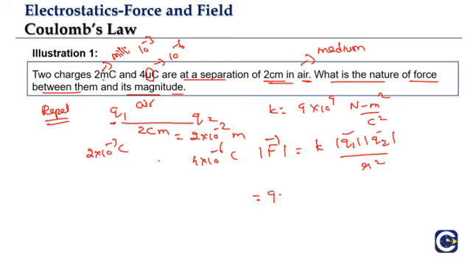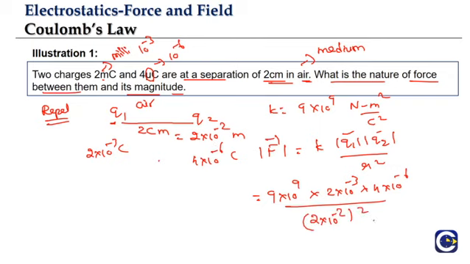Here both the charges are anyway positive, so modulus also is going to give us a positive value. So 9 into 10 power 9, everything is in the SI system. So finally the force will be coming in Newton. Into Q1 value is 2 into 10 power minus 3, Q2 value is 4 into 10 power minus 6, divided by distance R value is 2 into 10 power minus 2 the whole square, because we have R square. So we can see 10 power minus 3, 10 power minus 6, that will be cancelled. So what we have is 9 into 2 4s are 8, divided by denominator we have 4 into 10 power minus 4. So we have 18 into 10 power 4 Newton. So this is the force between the two charges.